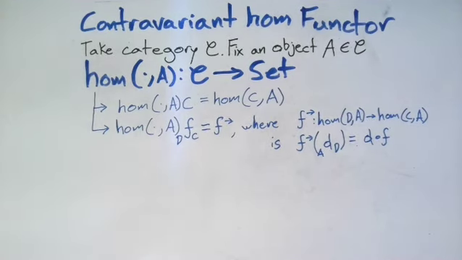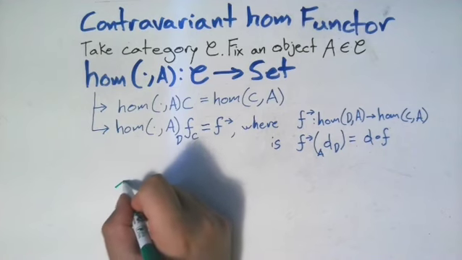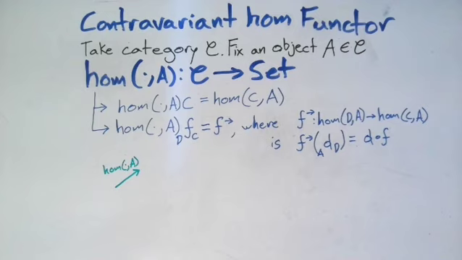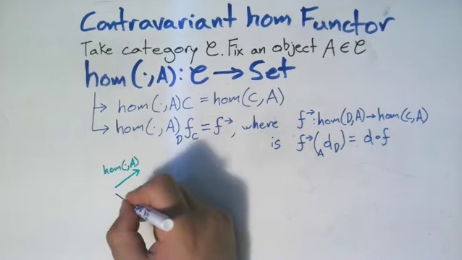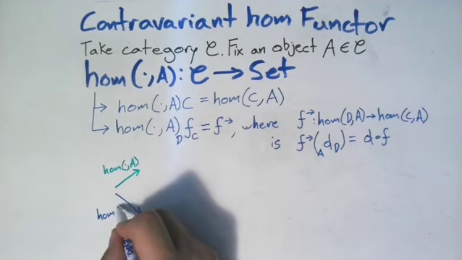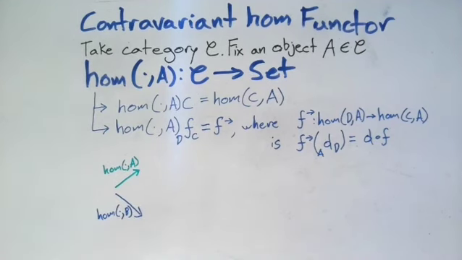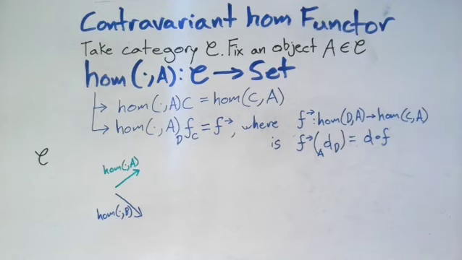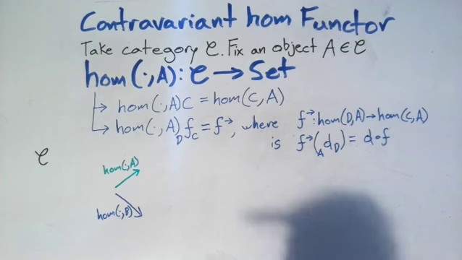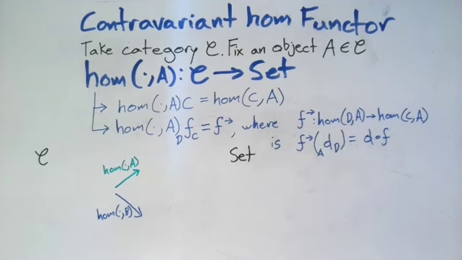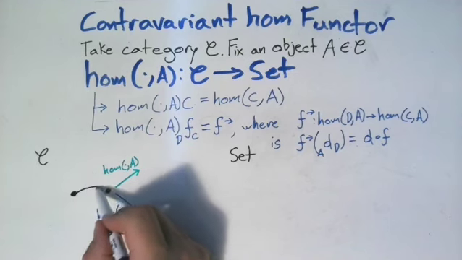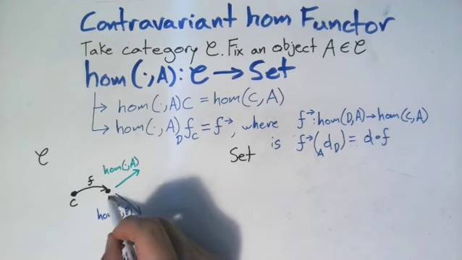So what would it mean to have a natural transformation between two contravariant Hom functors of a category? Well, let's say we have the contravariant Hom functor Hom(-, A), and let's say we also have the contravariant Hom functor Hom(-, B). And let's say A and B are both objects in a category C. Then our Hom functors go to the category of sets. If we have a morphism f going from an object C to an object D in our category C,